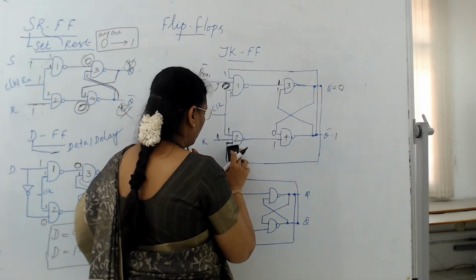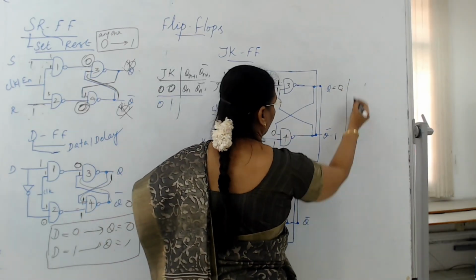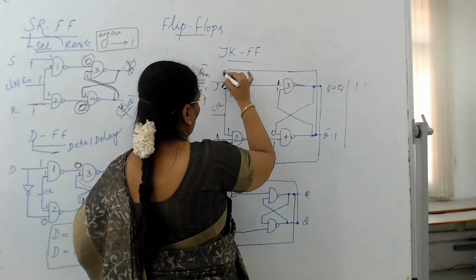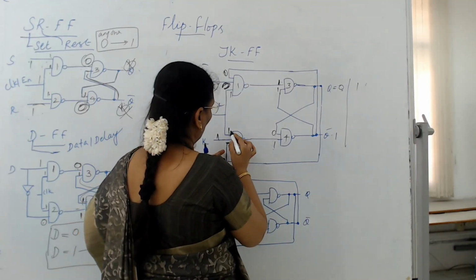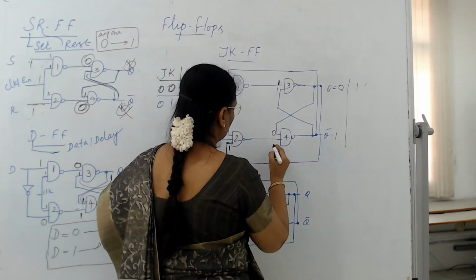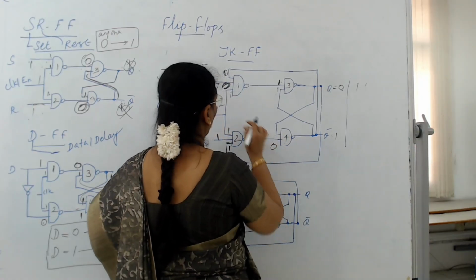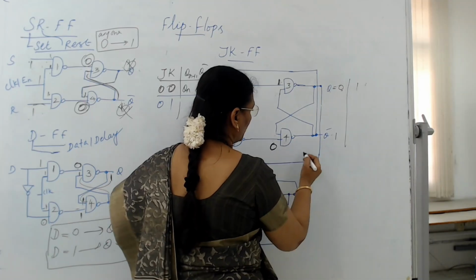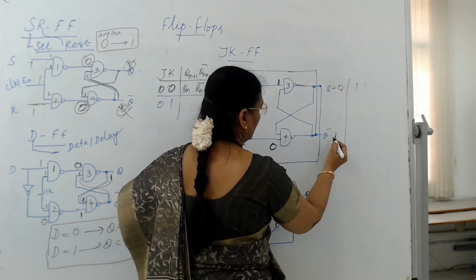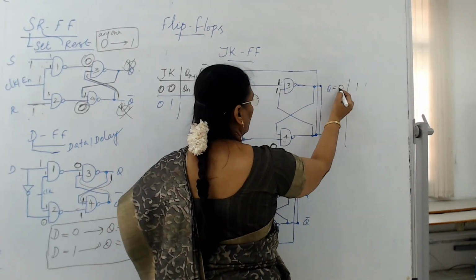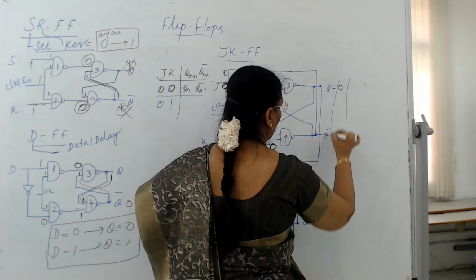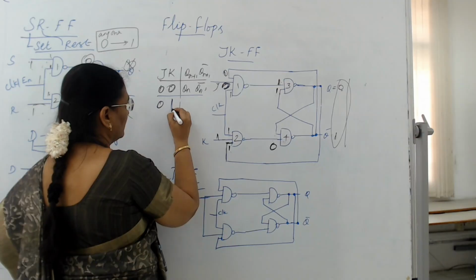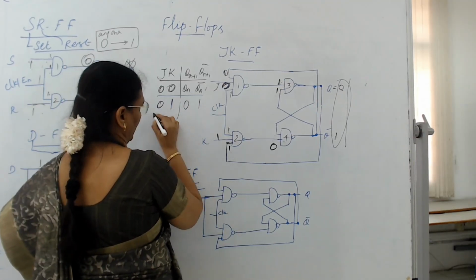Suppose I am assuming Q is equal to 1. If it is 1, this 1 will come here and this 0 will go here. If all the inputs are 0, 0, 1, 1, 1, then the output will be 0 here. So this will be 0 and here it will be 1. If this is 0, it will make the output of this fourth NAND gate 1. So this 1 will go here, it will be 0. So 0, 1 is maintained here, whatever the previous stored value. If it is 0, 1, the output will be 0 and this will be 1.